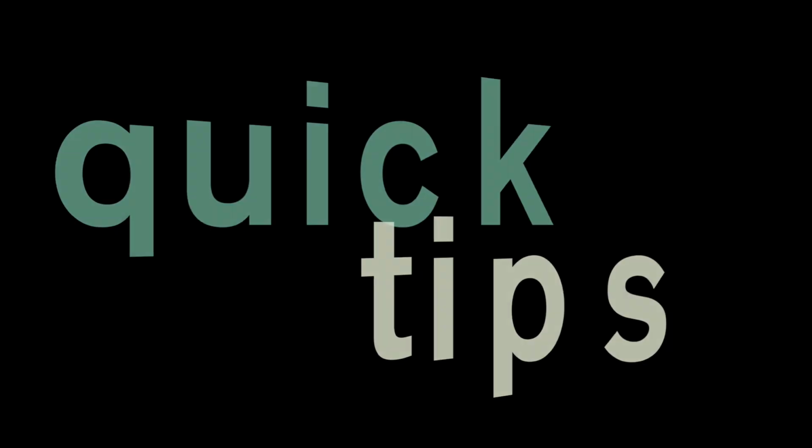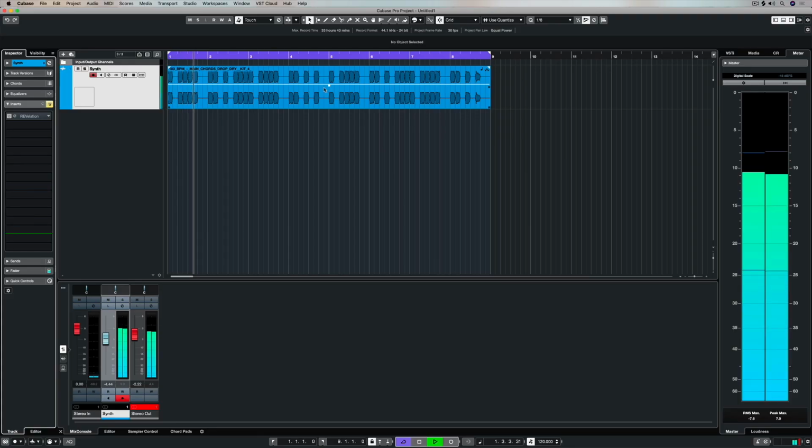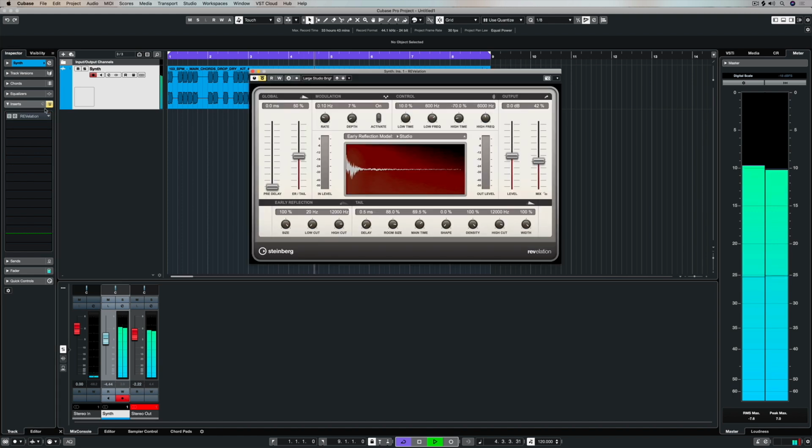In this video, we're going to look at working with synths and reverb and a really unique way of adding reverb using side chain compression. Now, anyone can put a reverb over the top of a synth track. It's pretty easy to do. You just add it as an insert. But then there's a whole lot of parameters we need to go and edit, and really it's not very specific